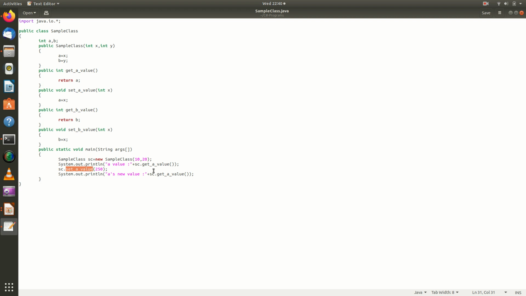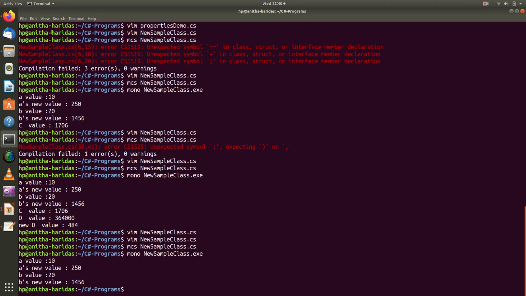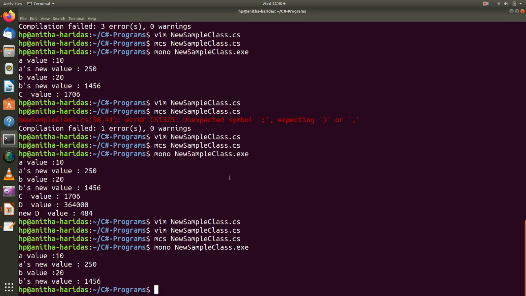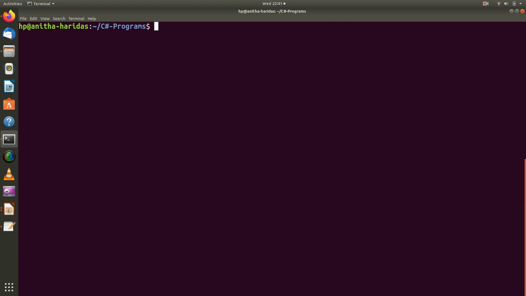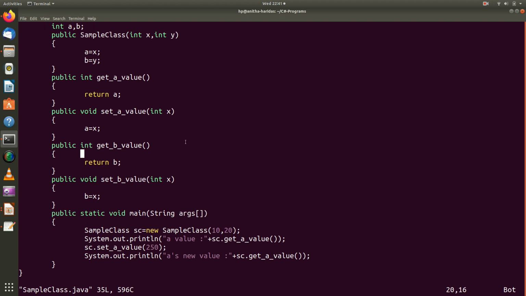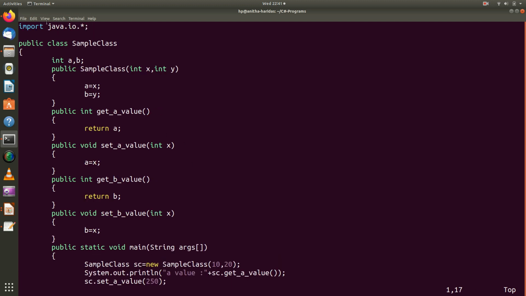Then I can display the value of A, which will be a new value. Let us execute this program and see what is the output of this program. I am going to execute the Java program. I will show you the Java program which we discussed now.